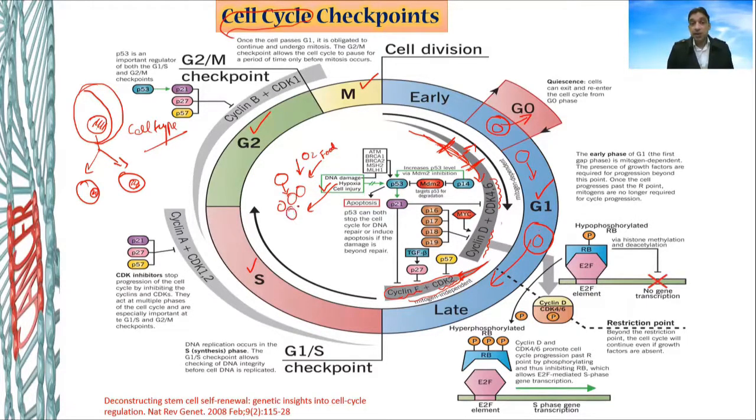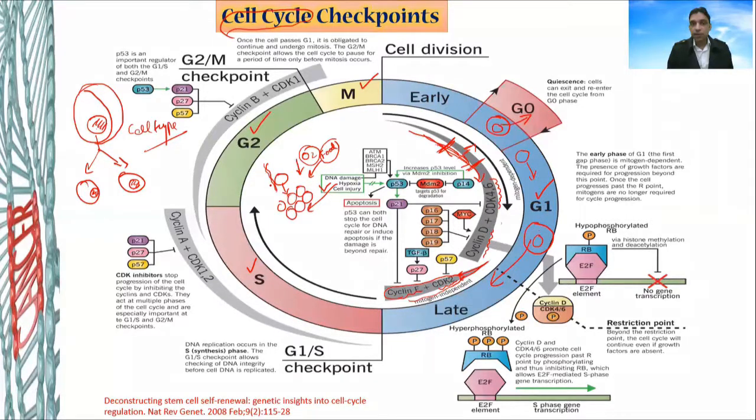When the cells start increasing their number, the first thing they experience is the lack of food and oxygen. If the food is present in abundance, if oxygen is available in abundance, how is the oxygen available in abundance? Think that if those cells are very huge in number and the blood